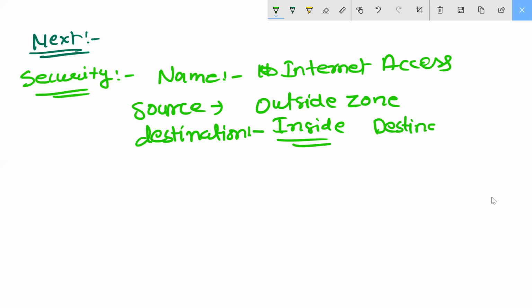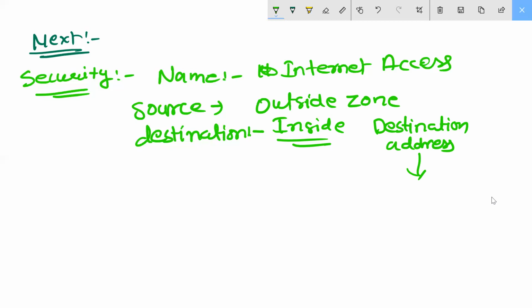Source is outside, destination is inside. You should write the destination address here.